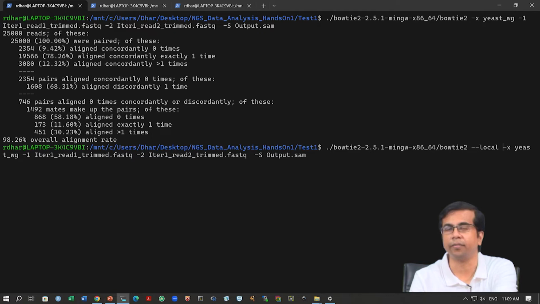Okay. As you can see, I have just given this --local option, which means I am asking the program to run in local alignment only. And I will run this. What you will notice is that the overall alignment rate will go up. It should go up, because it will now be able to align more reads properly to the reference,